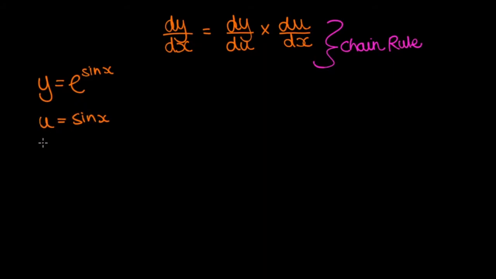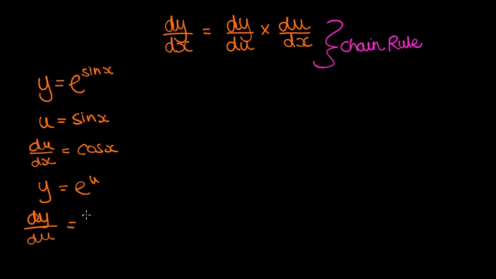So u equals sine x, so du by dx is the derivative of sine x with respect to x, and hopefully you remember that the derivative of sine x is cosine x. So this is du by dx, and in order to find dy by du, we need an equation of y in terms of u, so y equals e to the u. Now we can differentiate with respect to u, and the derivative of the exponential function is itself. So dy by du is e to the u,